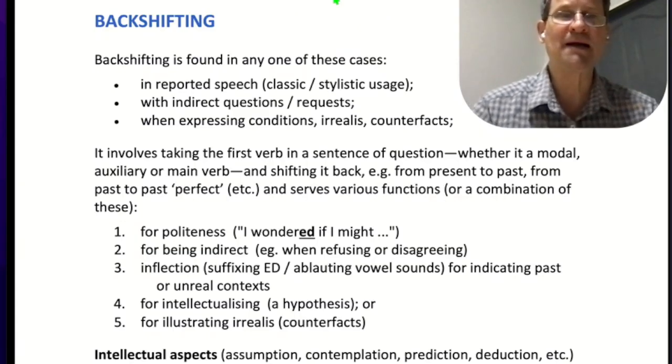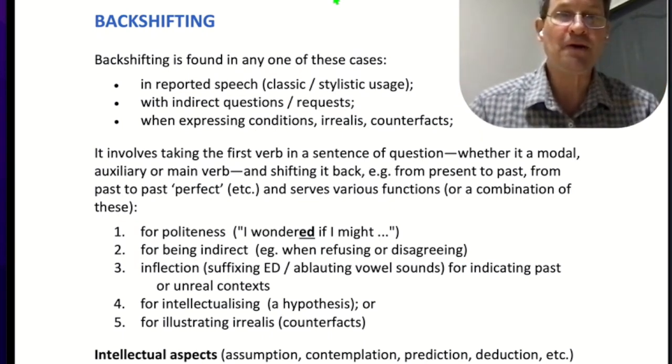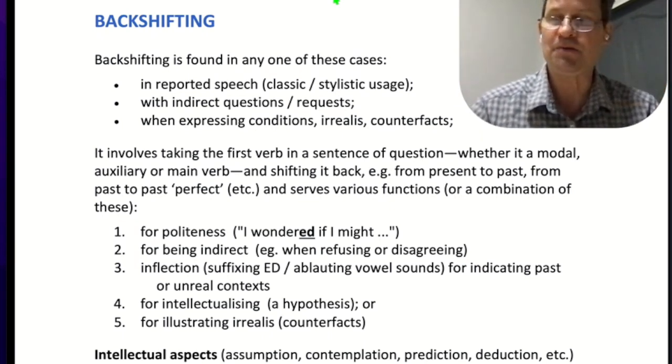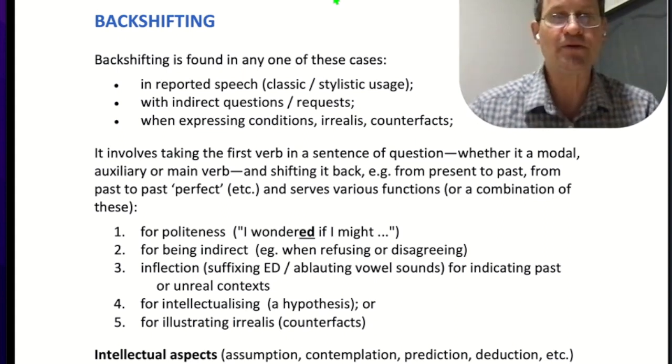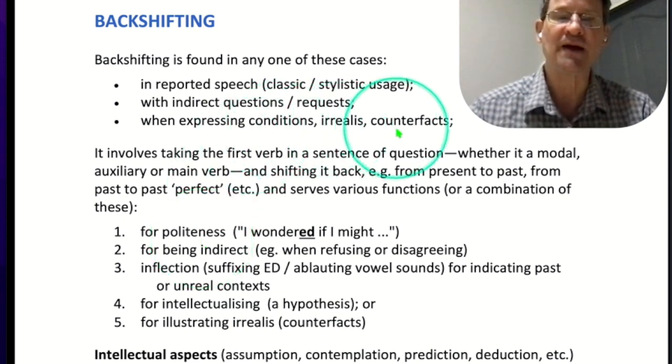Hello and welcome back. This video is going to give you a better idea of one of three aspects that I think need to be addressed by teachers to the learner: backshifting, which is found in any of these cases. So reported speech in the classical usage, indirect questions, requests for politeness, being indirect, and for expressing conditions, irrealis, counterfacts,